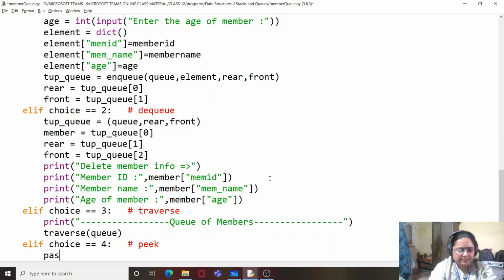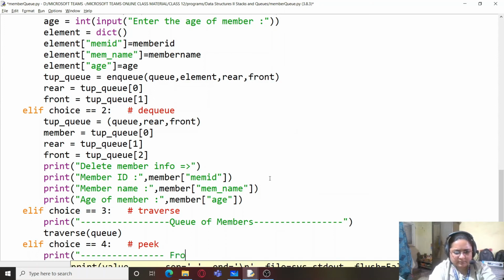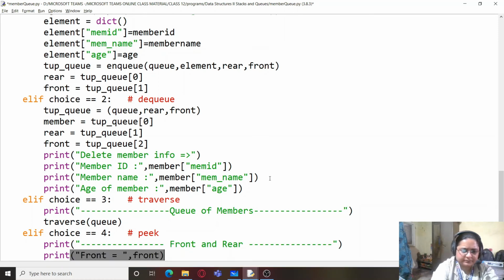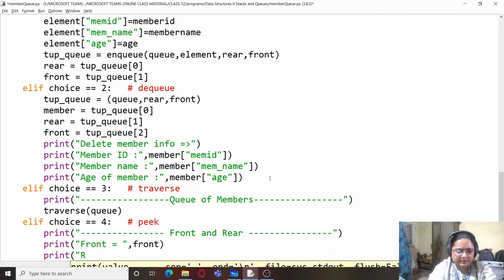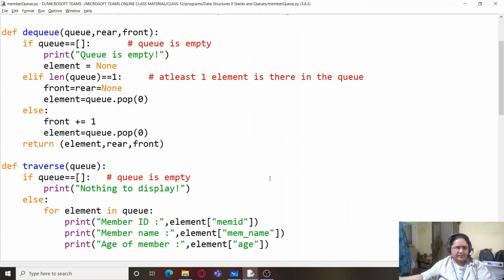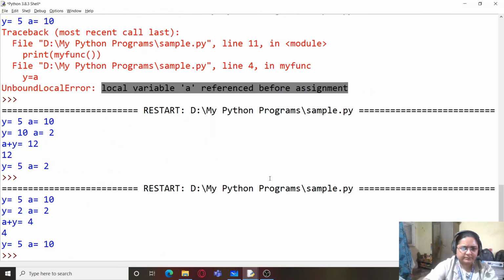And finally in peek, I am going to write front and rear. So it would be print front is what front, and print rear is what rear. So this is it. Our program is complete, and let's run it and see.